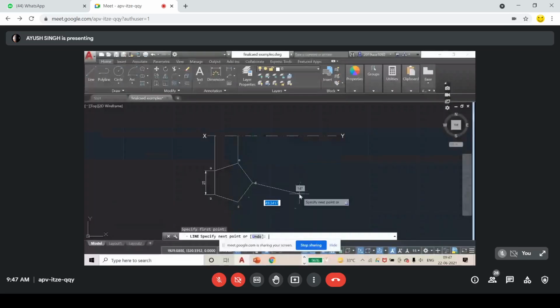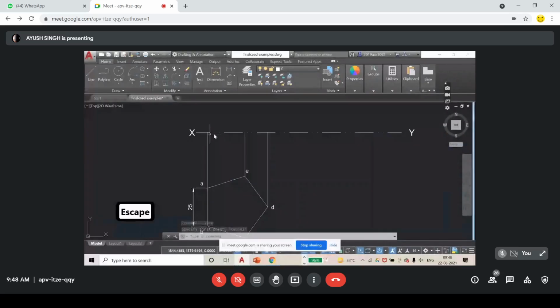Turn on the ortho mode. Okay, yes. And this C point also, if I take it, is directly above this E. So I don't need to draw straight line projections from here to there. After I am done, now this is my projection that I was talking about on VP. On VP, it will be a straight line. So this is the straight line I was talking about. Now I have drawn this line. This is the corresponding front view.